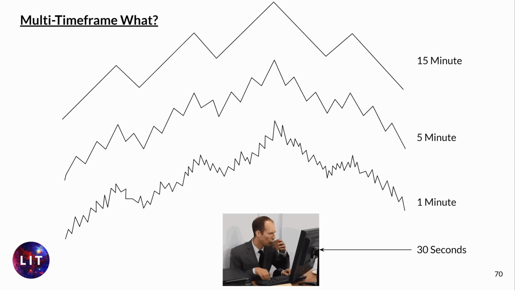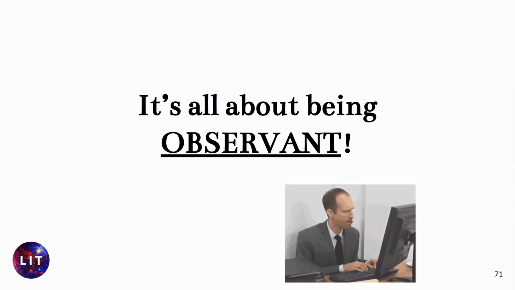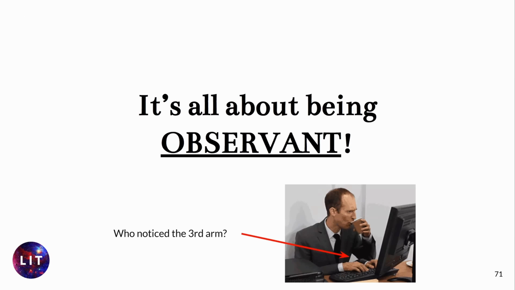Because if you're being observant, it's all about being observant. So let's see if some people actually notice something. Did you notice something in here? There you go. This guy's a third hand, right? So again, the moment you're getting into the seconds time and whatsoever, you need to be very observant and very patient because, of course, there are a lot more traps and so on and so forth. It's all the same anyways.